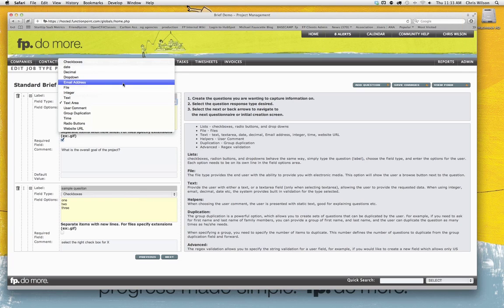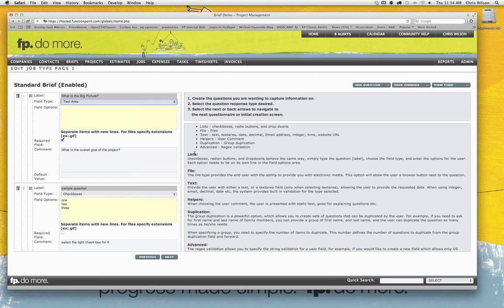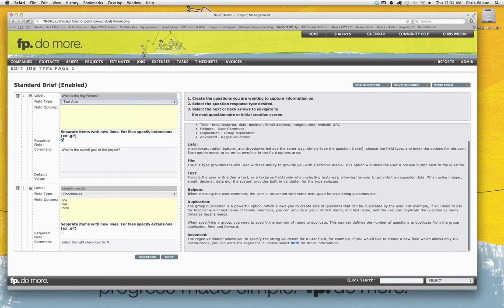You can do things such as email addresses. You can insist that it's a website URL, and you can validate to these items as well. So really quite useful. There's the helper associated with user comments, so you can potentially break a brief into sections, and you can separate those sections through using the user comments. The duplication is a powerful option which allows you to set up a section that you might need to duplicate.